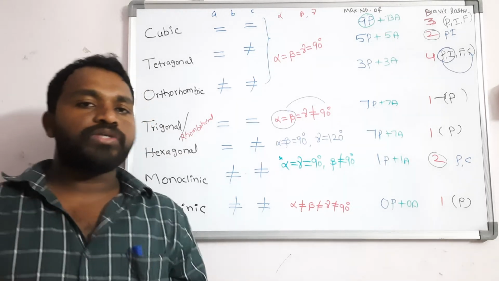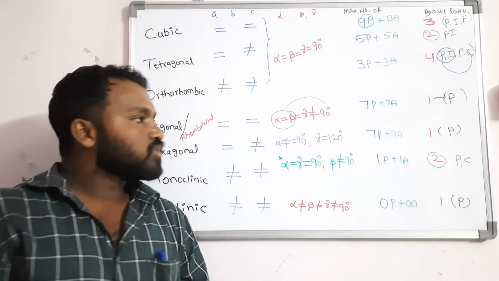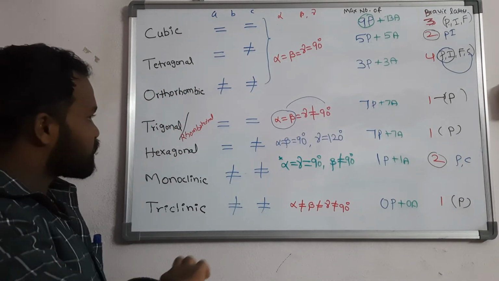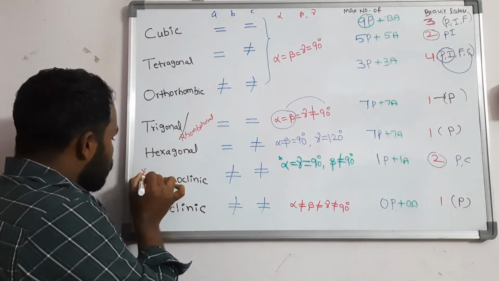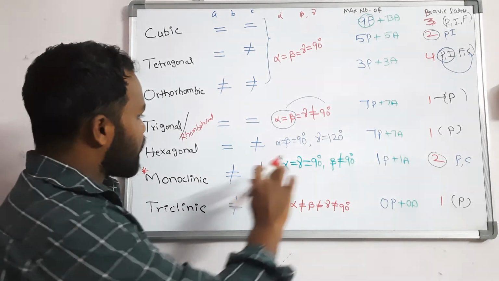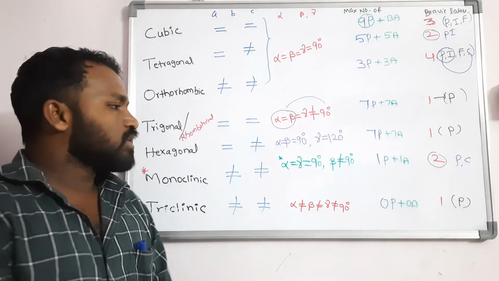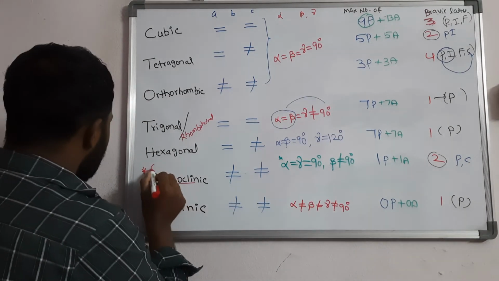So now I am going to discuss previous questions in the GATE examination. What questions they asked, I am going to discuss. Just observe this. The 2018 question, right? This is the monoclinic. In the question, generally they asked like this: alpha is equal to gamma is equal to 90. Otherwise they asked this question like this in the GATE examination.